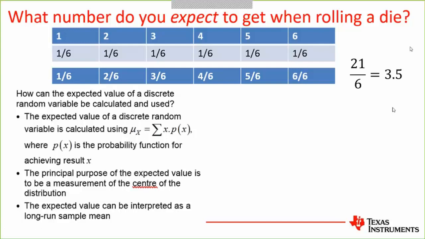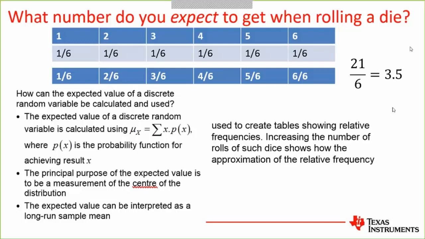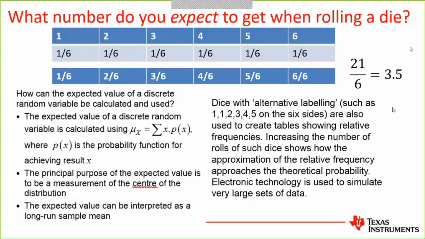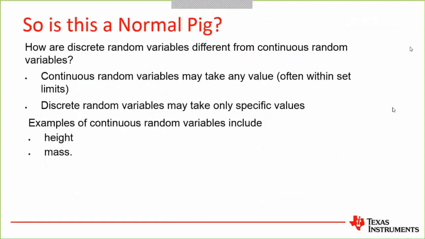And some people are looking at this saying, why didn't you just add up the numbers on the dice and divide by 6? The answer is because although that would have worked in this case, it's only because all the probabilities are the same. What if we had different numbers? What if we had a weighted die? So those sorts of problems are a good little introduction to our probability.